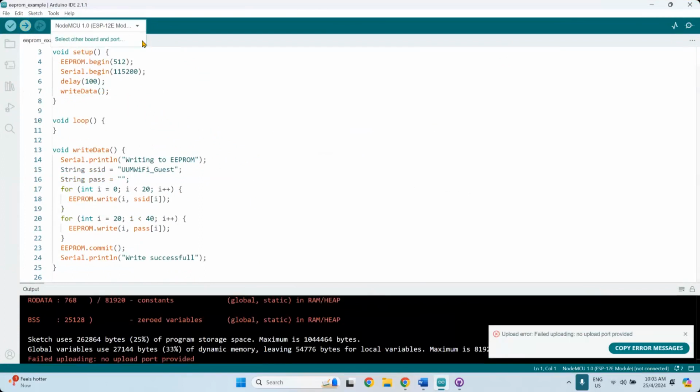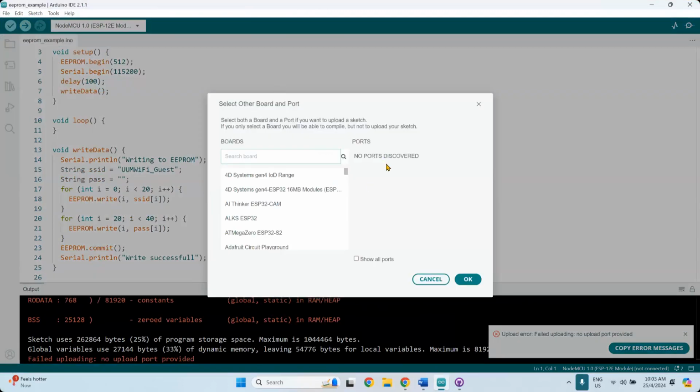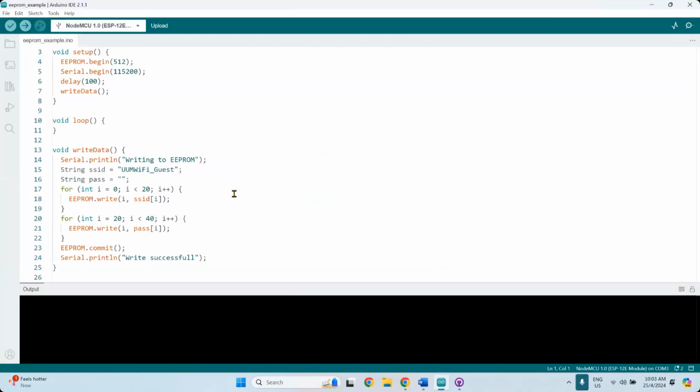Oh, no port provided. Again. Select this one, and MCU 0, select OK, and then upload.